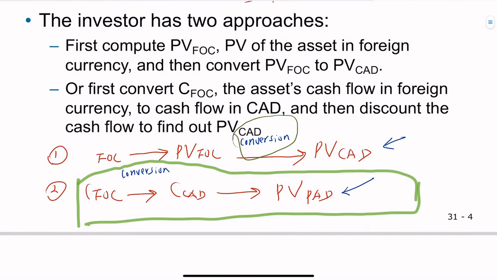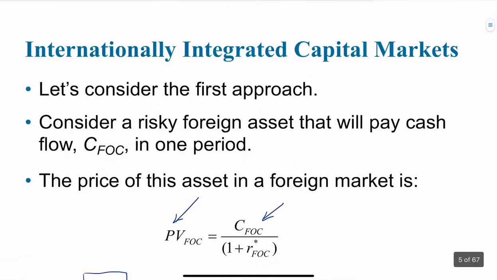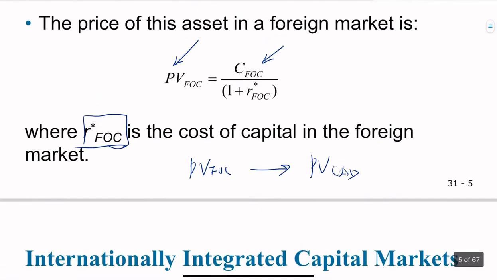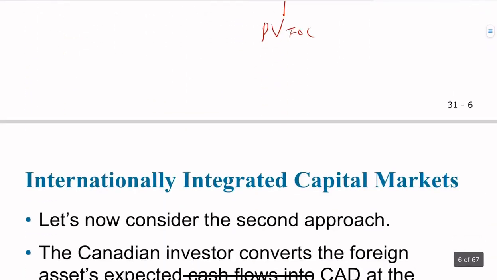That is, you will convert your present value in foreign currency into Canadian dollars. So this happens at the second step. And then in the second method, the conversion happens in the first step. Right? Okay. And based on this, we get a formula,